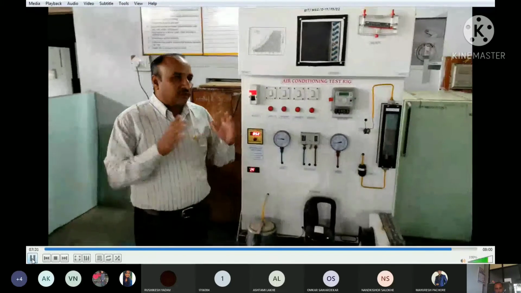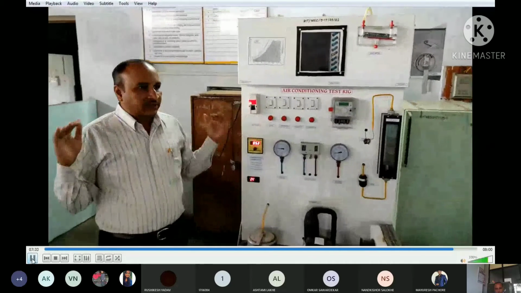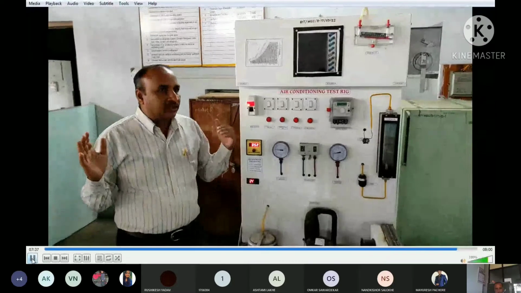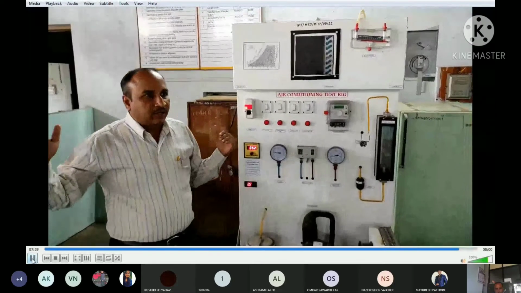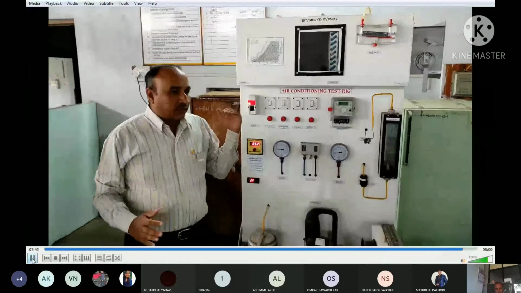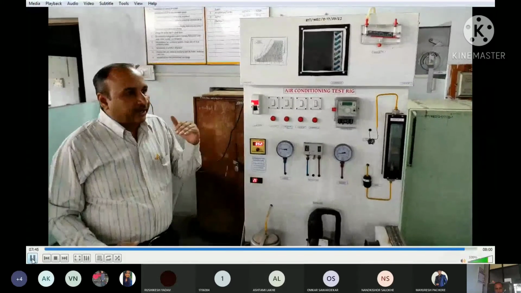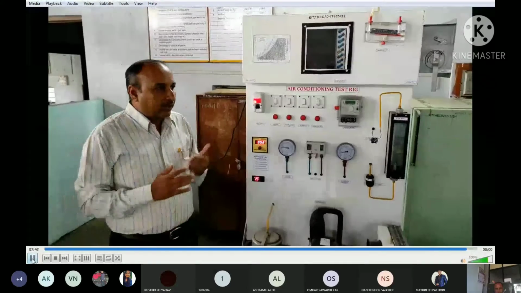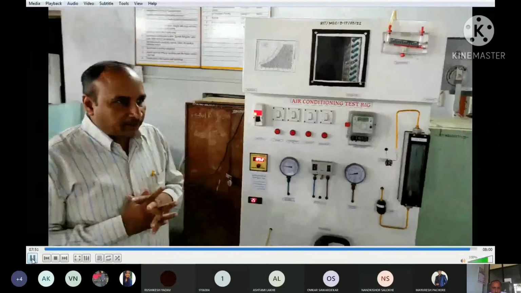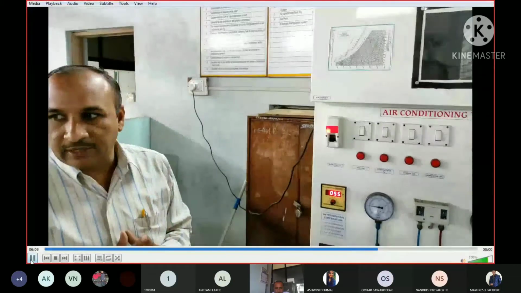Assuming that this is an infinitely long insulated duct which has a shallow pool of water, imagine that the air is flowing through this duct, and at the end you see that the air is saturated. Why? Because as the air passes over the water, water gets evaporated. So part of the heat is rejected into the air, which can be easily measurable.